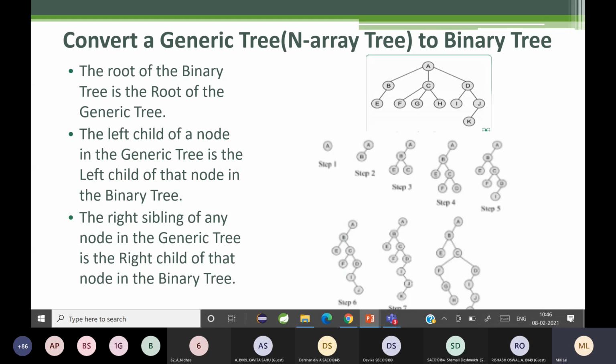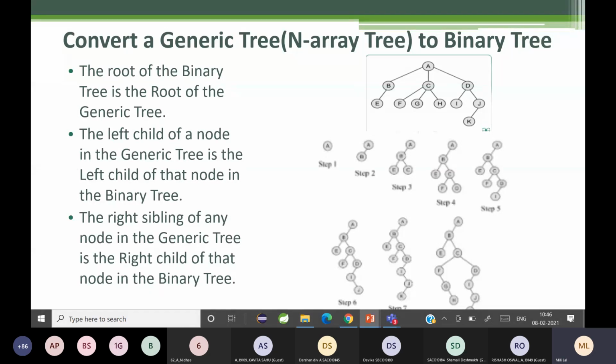So which is going to be the left child of C? और C मैम का F. Left child कौन है? हाँ, सबसे left. F. So F is going to be the left child of C. That is step 4. समझ में आया क्या? Yes, ma'am. Okay. Now go to the next part.